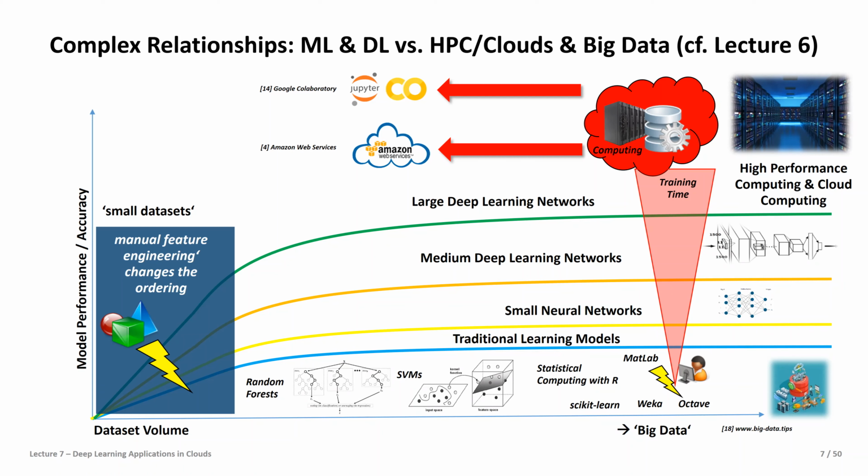You would even say small neural networks are maybe just fine on a laptop, with a hidden layer, maybe just two, and then just a couple of neurons in the hidden layers. But as soon as you come to medium deep learning networks, something we maybe see with AlexNet, or large deep learning networks like ResNet with 125 hidden layers, convolutional layers and skip connections, then you really need basically cloud computing. The benefit you get is, of course, unbeaten accuracy, as you have seen also already in the image recognition